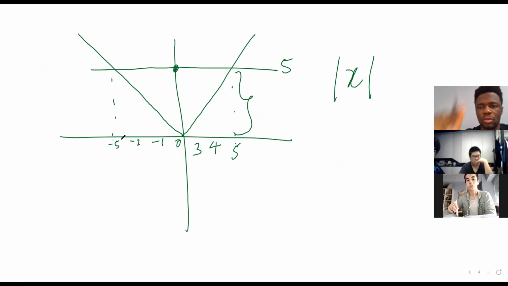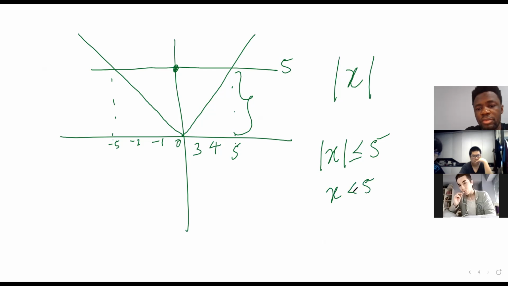Okay, so how do we interpret this in terms of x? So if absolute value of x is actually less than or equal to 5, then either your x is less than or equal to 5, which covers this,